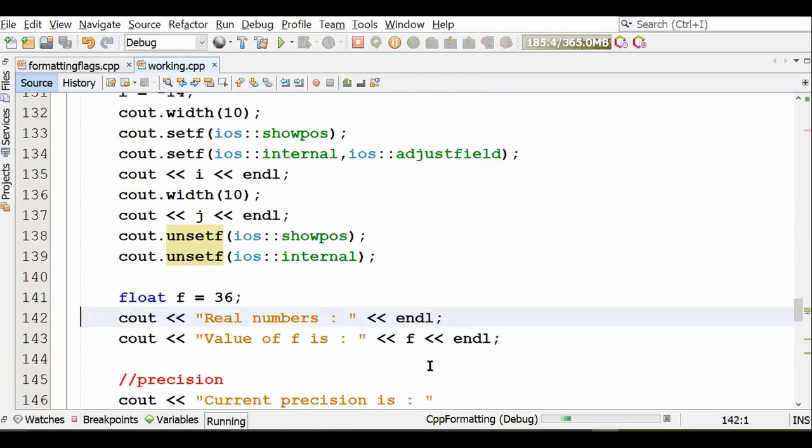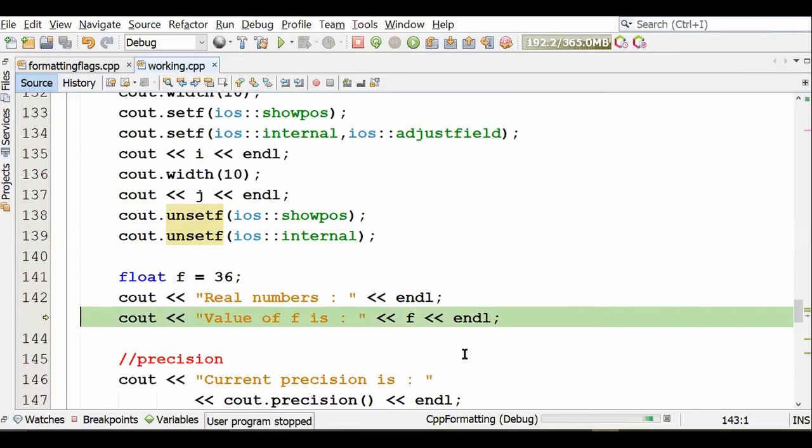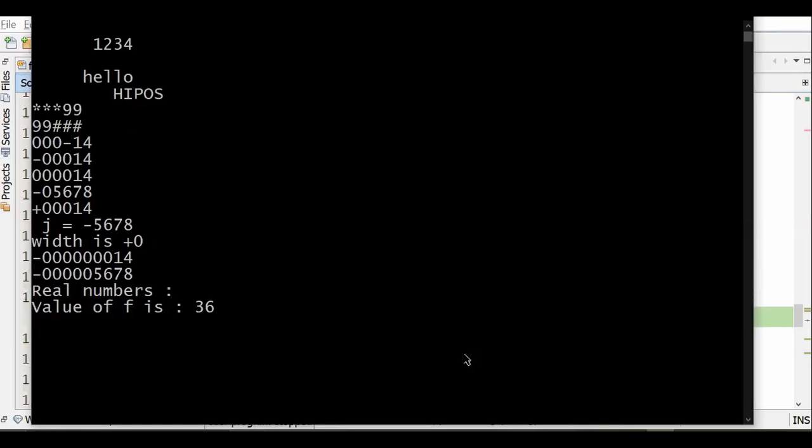And I go on to display value 36. 36 is a floating point value. Remember in C, whenever we display a floating point value, it is always displayed up to 6-digit precision. Let's see what happens in Java. कोई 36.0 वगैरह कुछ नहीं आ चुका है. No 6 digit. Whatever is the number, it has got displayed as it is.